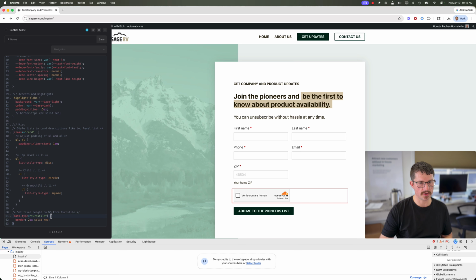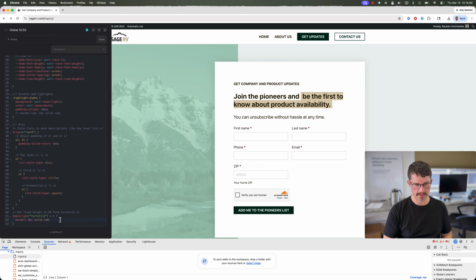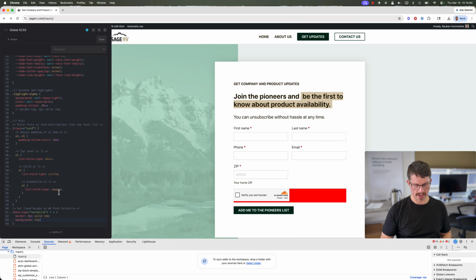So I'm going to target the direct child. So I'm just going to do any direct child. Sure, any direct child. Now I don't see it here. I'm not sure why. Let's try background red. There we go. So I think it's because this has a border set. So I don't actually care about the color or any of that. I just wanted to see it. So now let's give it a